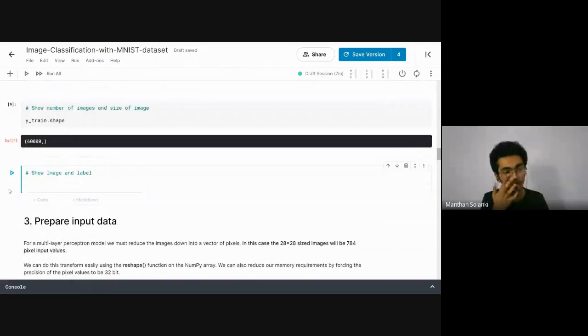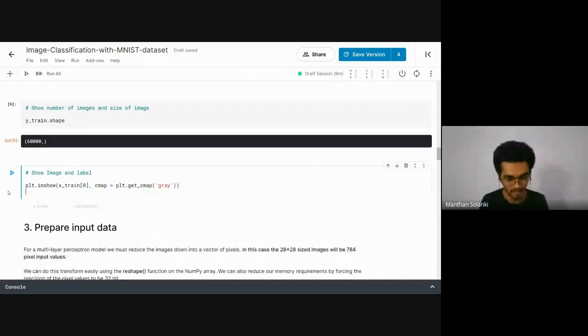So let's see a particular piece of data. How can we see the image with the help of the PLT pyplot library? plt.imshow of xtrain of 0, that means the first image. And as the second parameter I am passing cmap equal to plt.get_cmap, because I just want gray images.